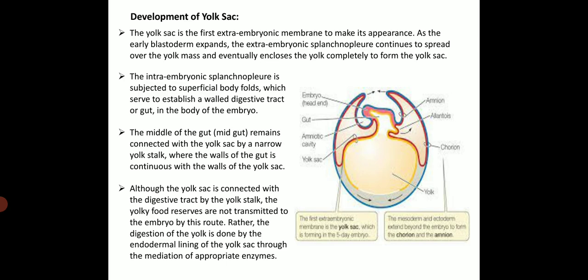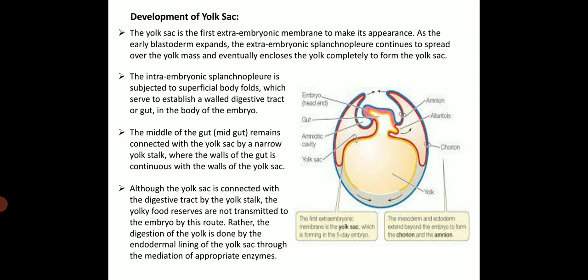So the first one is the development of the yolk sac. This is the first membrane to develop and make its appearance. As the early blastoderm expands, the extra-embryonic splanchnopleure continues to spread over the yolk mass, and eventually it encloses all the yolk completely. It will form the yolk sac. In this picture, you can see the yellow color, a bag-like structure, that is the